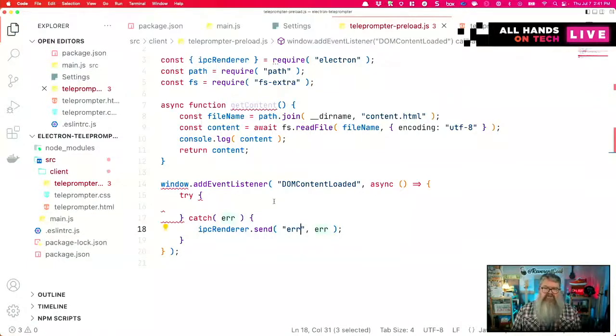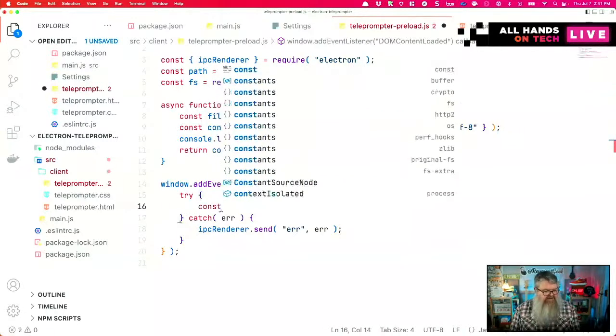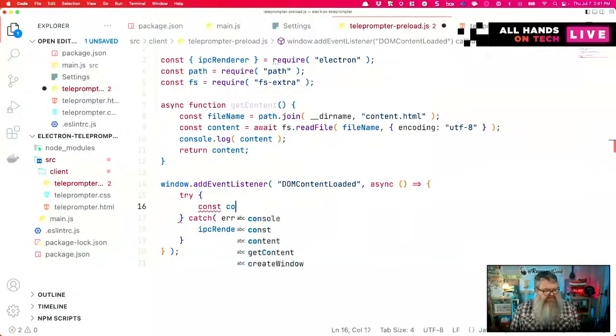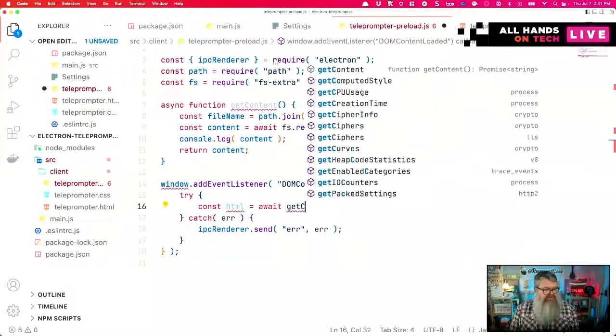I'll get more into that in a moment. We'll set up the other side of it, the other endpoint inside of the main.js in just a moment. For now, we'll say const content, or let's say HTML equals await get content,